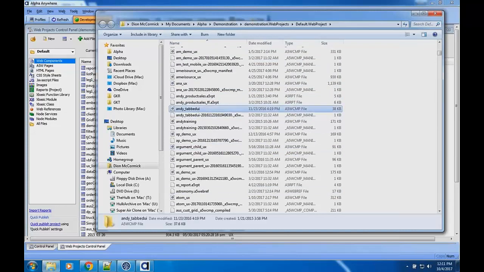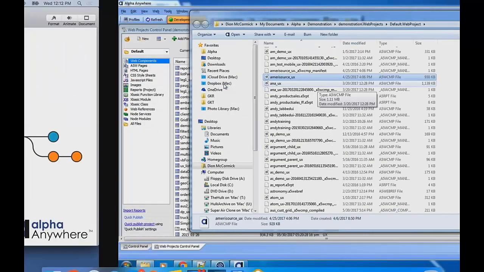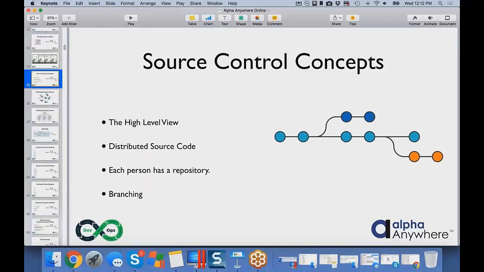Some of them are things like component files. Other things are report files. There's also secondary files in here, I call them junk files, but there are things like manifests and things like that. The important thing is that you have this very valuable set of files that you have adjusted and included. You basically need to control these files, and therefore you need a method to be able to back them up, store them, save them, and then also share them effectively with other people. And so very important is that Alpha is a file-based system, and source control is built around file-based systems.